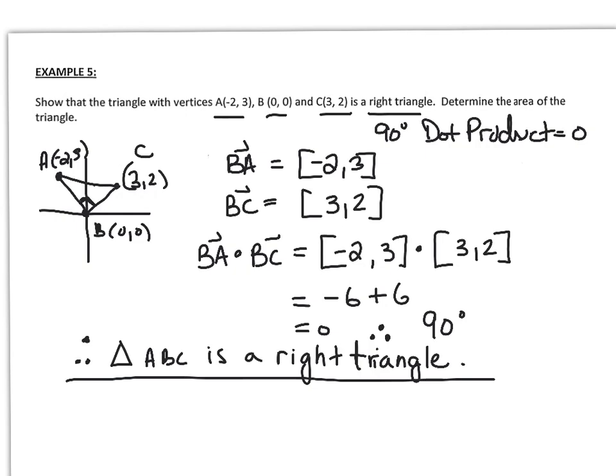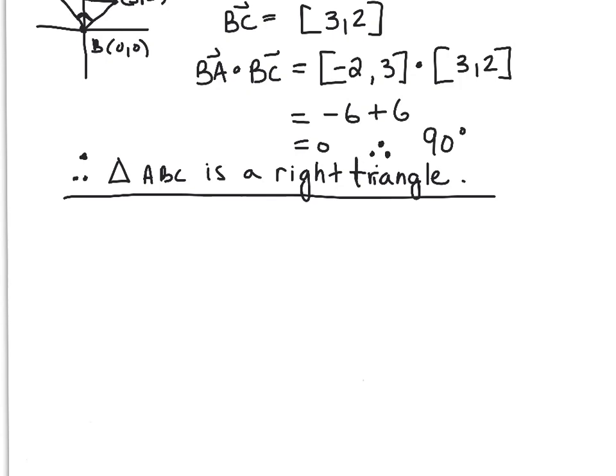What we had to do before when we were doing equations of lines, you'd have to check for the slopes, see if they're negative reciprocals of one another. Find both equations of the lines. Now we can just do dot product and we're done. We can find a 90-degree angle there. Now if we wanted to find the area of the triangle,